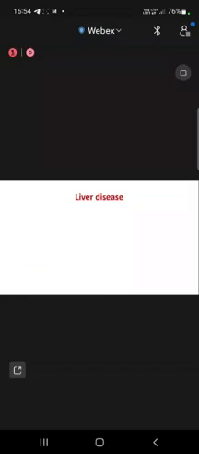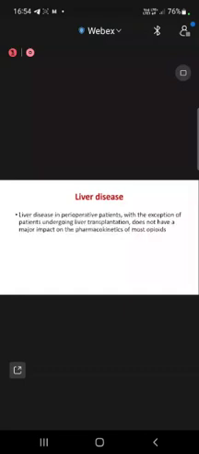How do the comorbidities influence this? Let's see in a little detail. Liver disease. Liver disease in perioperative patients,